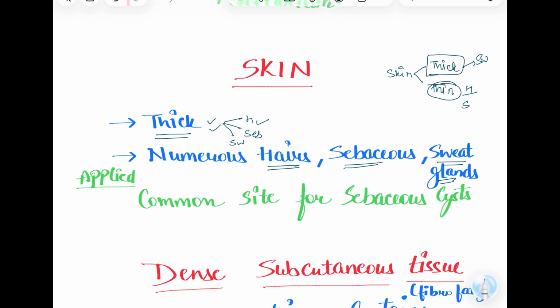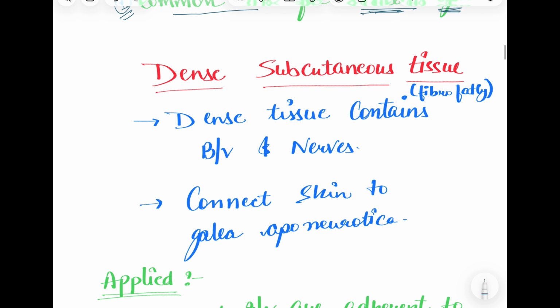So as there are sebaceous glands, it's a common site for sebaceous cyst formation. So this is one of the applied aspects that can come in the exam, that it is a common site for sebaceous cyst formation. Now the second layer over here is your